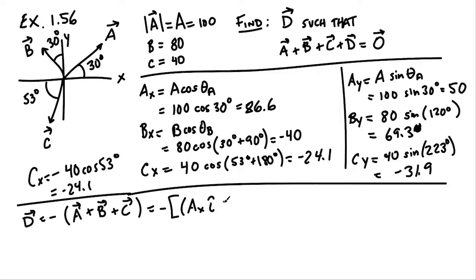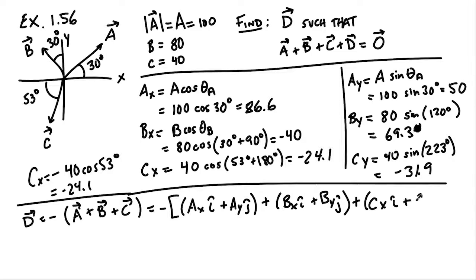So a sub x i plus a sub y j, that's the a vector, plus b sub x i plus b sub y j, that's the b vector, plus c sub x i plus c sub y j, that's the c vector. So then what we can do is group these according to unit vectors. If we group all the i vectors together, I'm still going to have my negative sign out in front. So I'm going to have